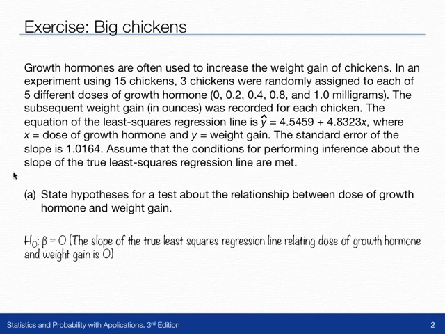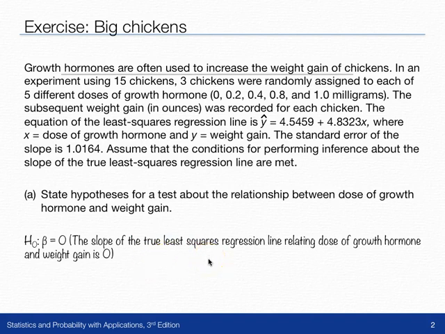So the null hypothesis is that beta equals 0. That is, the slope of the true least squares regression line relating the dose of growth hormone and weight gain is 0. There's no real association between the amount of growth hormone they get and the amount of ounces they gain in their weight. Now, to determine the alternative hypothesis, we're going to look back at the question, the very